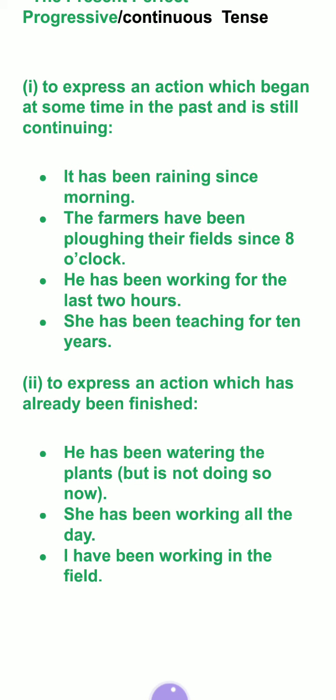मीन्स पहले से पढ़ रही थी और अभी भी पढ़ रही है. So this is the meaning of present perfect continuous tense. Same sentence I am changing. In past perfect continuous tense: she had been reading for 3 years in Usha Martin World School. Yes, she had been reading in Usha Martin World School for 3 years. So this is the past perfect continuous tense.